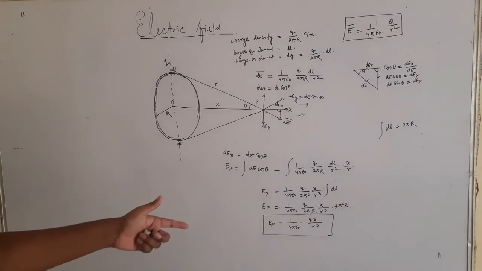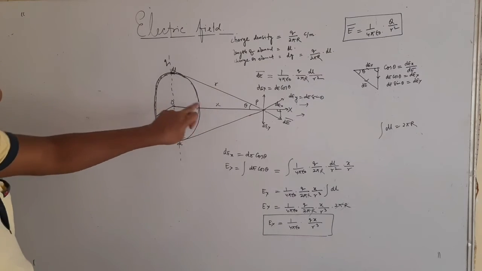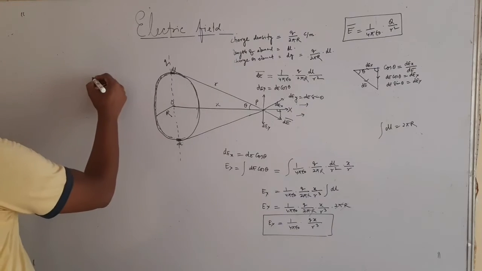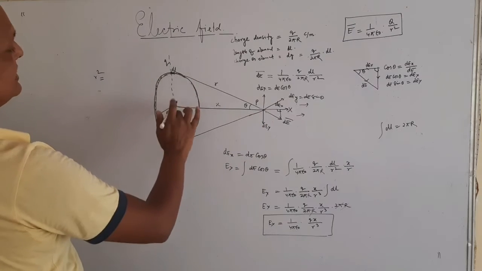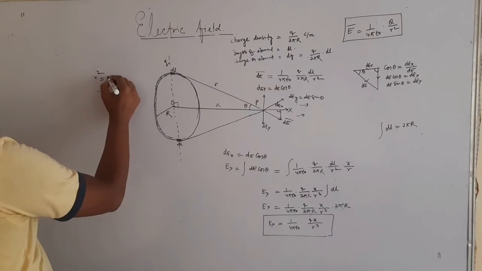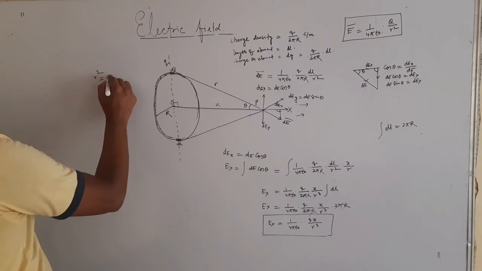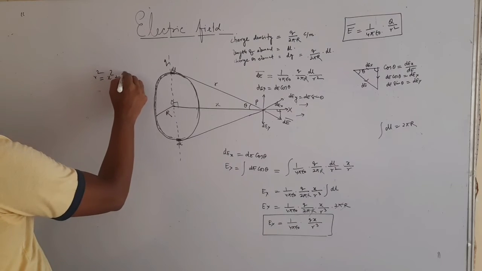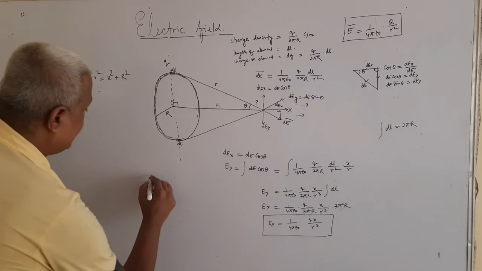So now this is our final expression. But what is R? What is the relation between small r, small x and capital R? So you see that R square, because of the Pythagorean theorem, if applied, this is radius, this is perpendicular, so R is the hypotenuse. R square is x square plus R square. So our whole expression now will become Ex